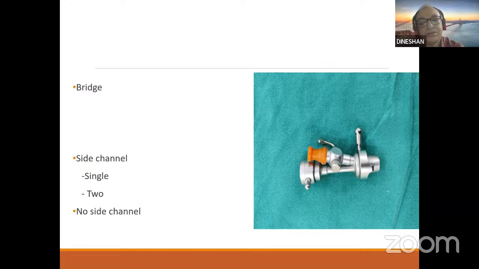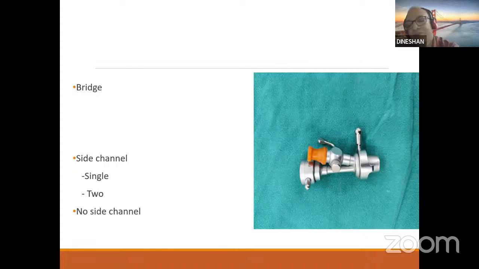And you have a telescope engaging channel, and depending on the type of bridge you are using, you can have either a single side channel or a two-side channel, or there are some bridges with no side channel also.